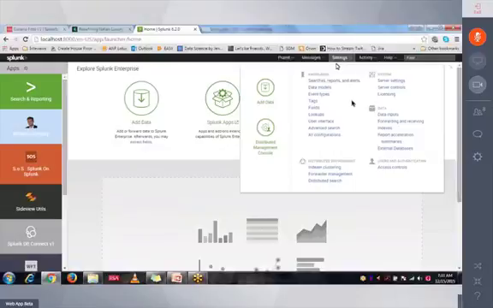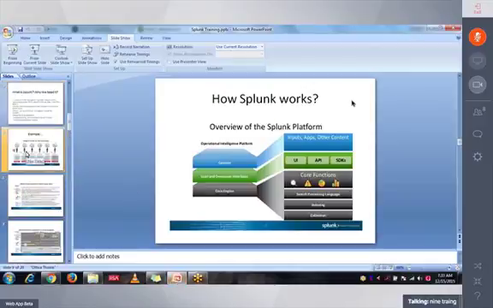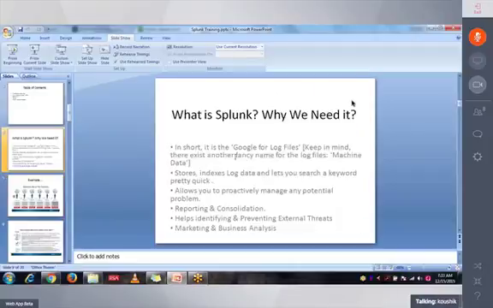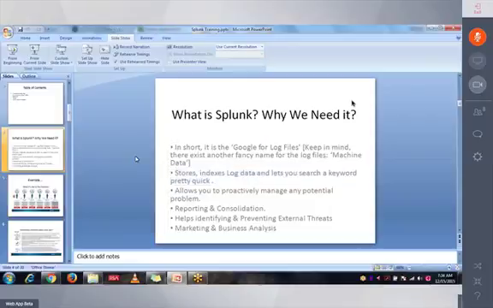So yeah, that reminds me of one thing: how things work in Splunk. Here, let me go back. I told you about the Google for log files and all. So let's come to this point: stores and indexes log data. Right? It is easy to say that okay, you could store it, but